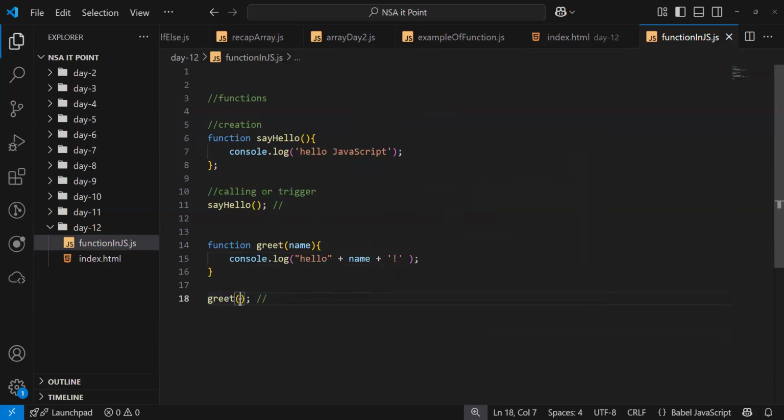I'm passing a value from here, and it's a parameter receiving the value here. The output is Hello Manoj.